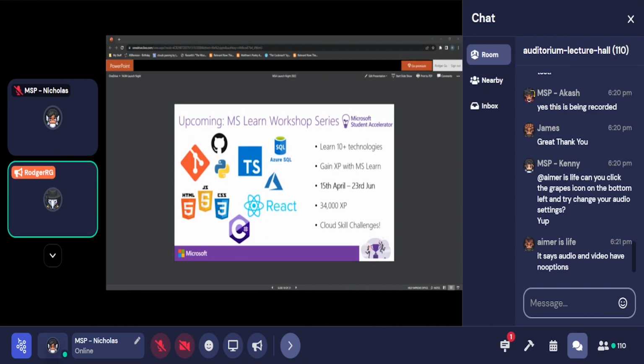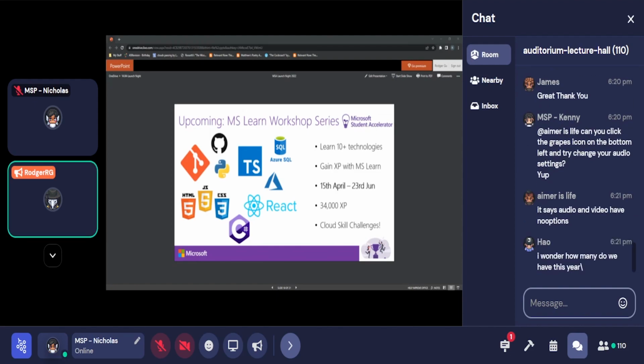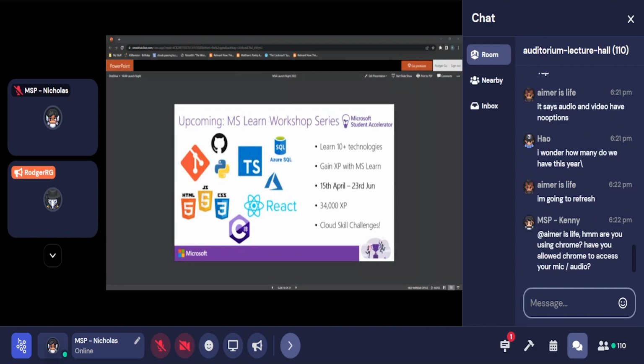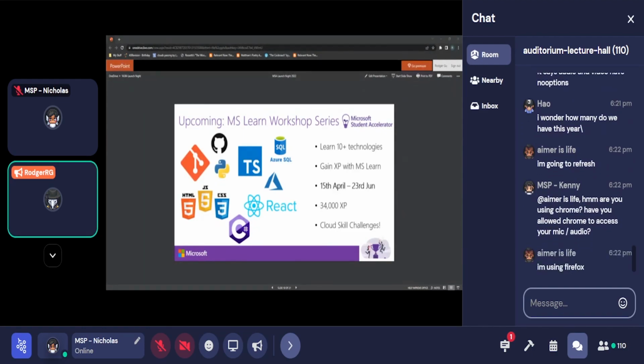So what we've done this year is we've gone through MS Learn and found a bunch of modules that would be really helpful for building a technical foundation running into Phase 2 and more hands-on development. A lot of this is fundamental foundational skills, we believe, in terms of working in the industry. As James mentioned earlier, stuff like Git, GitHub, HTML, JavaScript, some CSS work, TypeScript, and the list goes on.